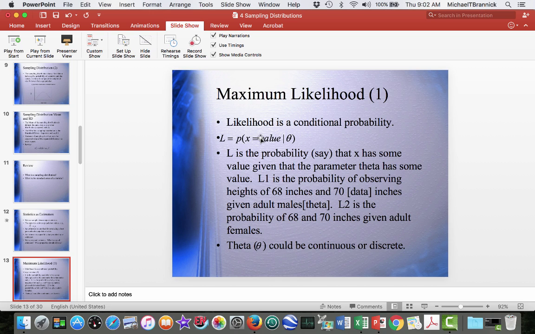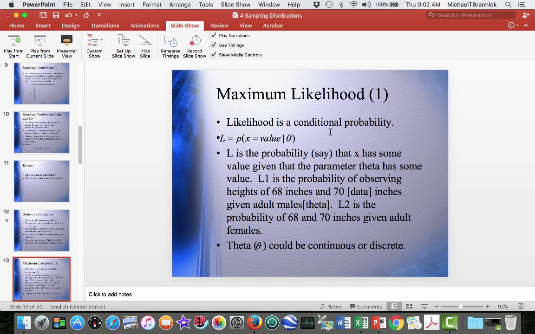The probability that X is equal to some value, vertical bar here, so that means given. Earlier on I showed you a semicolon there. Some people use a semicolon, some people use a vertical bar, but either way it means given. And the Greek letter to the right of that vertical bar is theta. So the likelihood is equal to the probability that X has some value given theta. L is the probability that X has some value given that the parameter theta has some value. L1, for example, is the probability of observing heights of 68 inches and 70 inches,